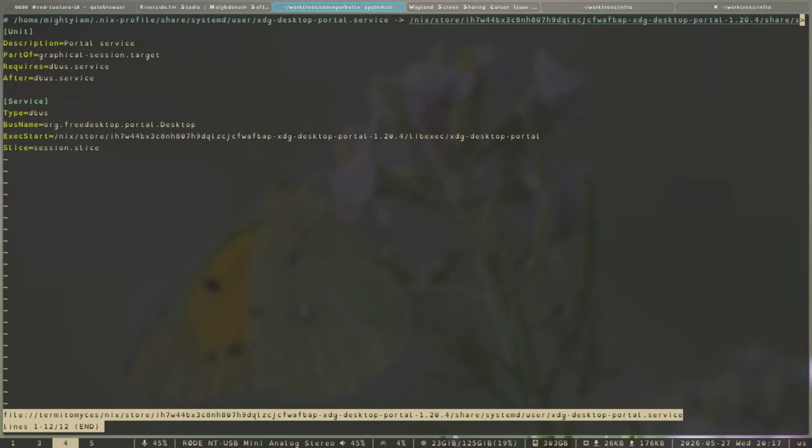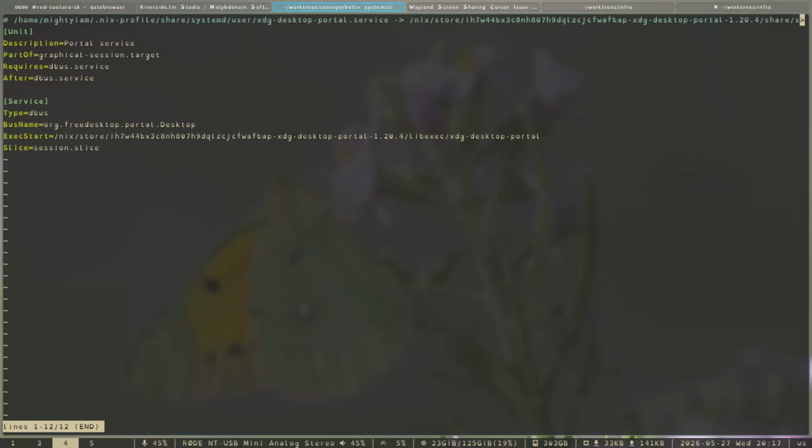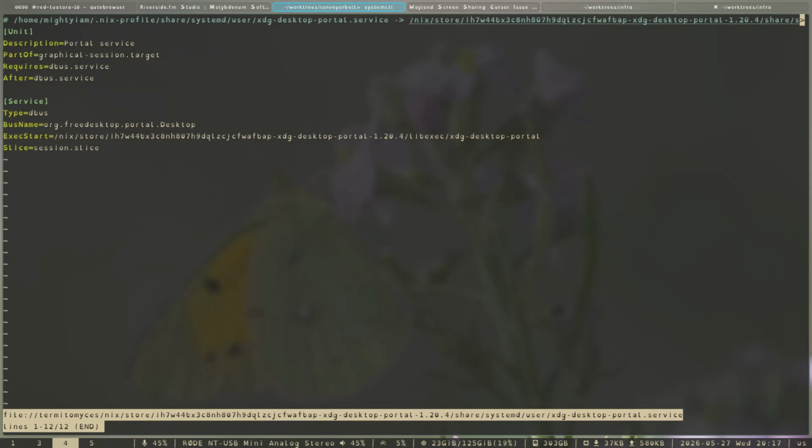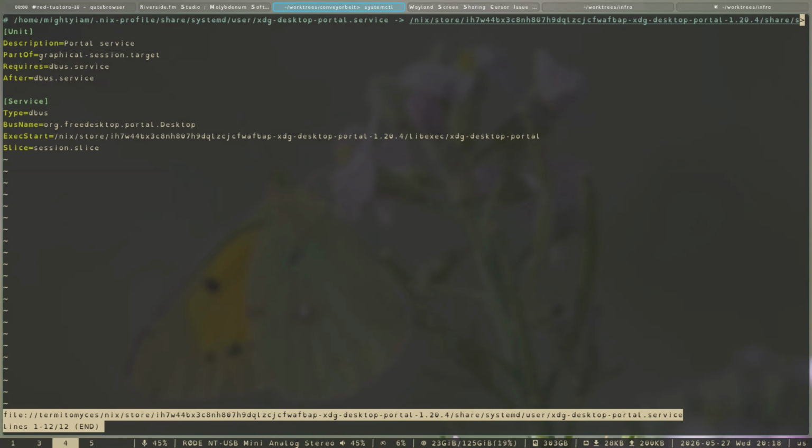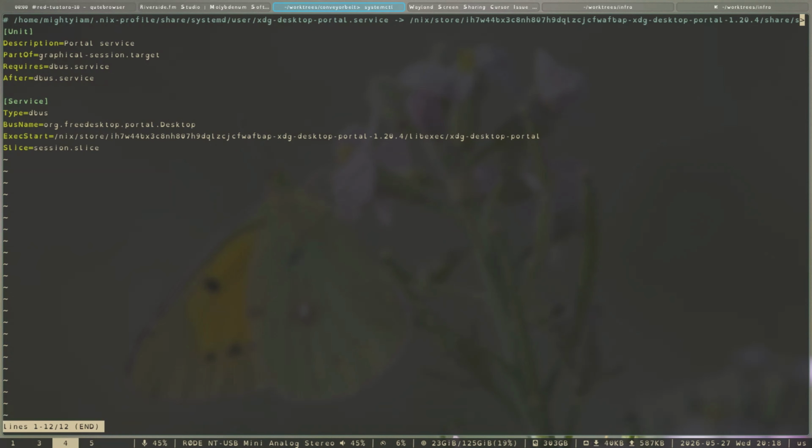The question is, how does it end up there? Here. This thing in the store? I have no idea. I don't know. This is the store path. Yeah, that's the store. So this is a link. This is where the unit is picked up by systemd, and it's a link to the store. So this store path, we can grab this hash,